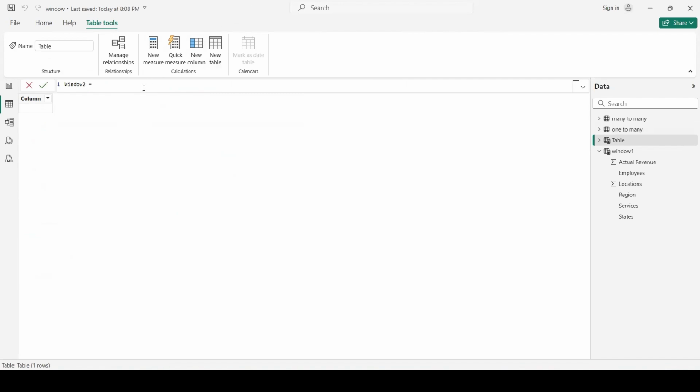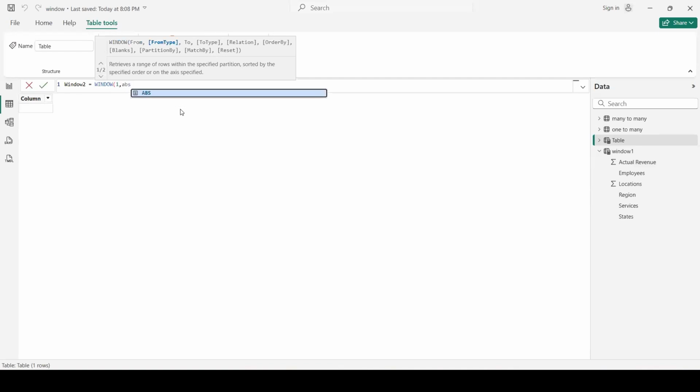Let's say as we did in the first scenario, we will say from 1 and we will try to add the name of the table that we are now trying to get data out of.